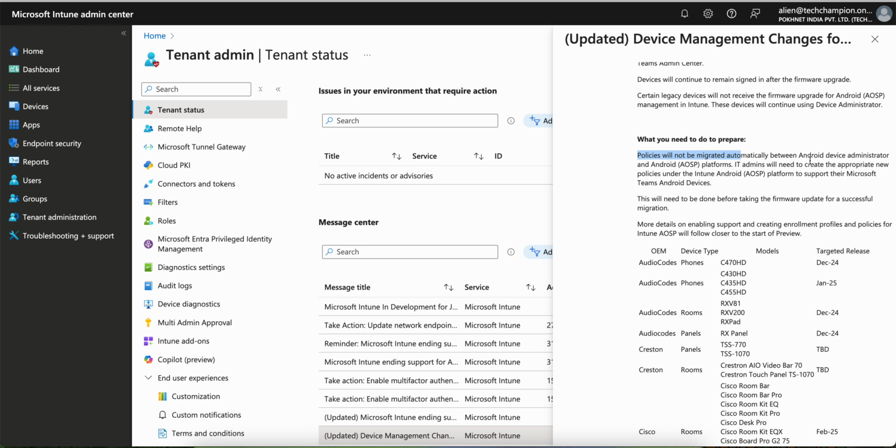Policy will not be migrated automatically from Android device administrator to the Android AOSP platform. So as an admin, we have to create appropriate new policies for the Android AOSP platform to support Microsoft Teams on Android devices or for Windows devices. This will need to be done before taking the firmware update for a successful migration. More details like creating the enrollment profile and policy. Okay, so you see here,